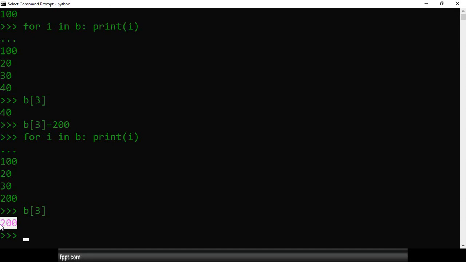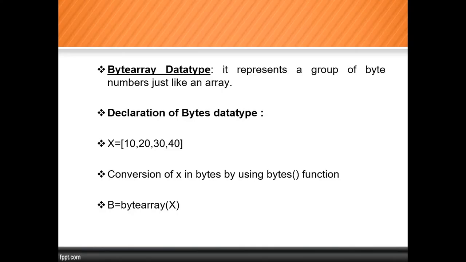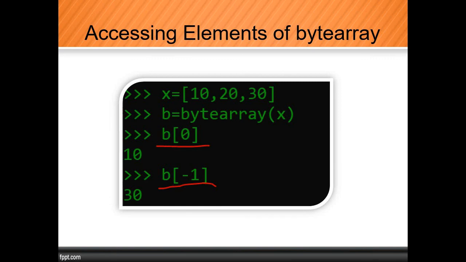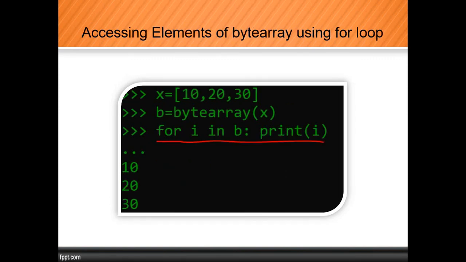So we conclude that while using the byte array, we have one limitation called the range. In the byte array, we can use values from 0 to 256 only. And second, we conclude that byte array is mutable. That means we can change the elements of byte array. See, all the PPTs are given.